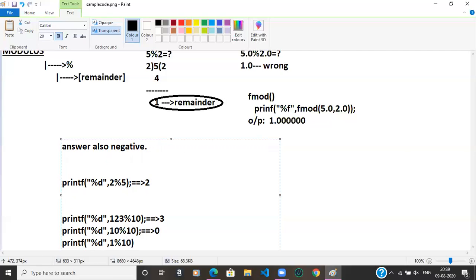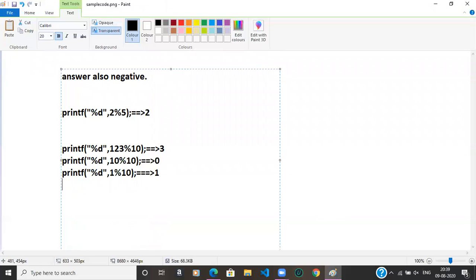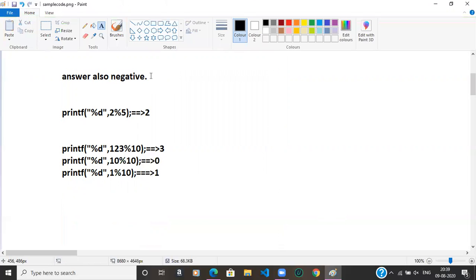What will be the answer? There is only one digit, so the result will be the same, 1. Okay, remember this point. Any number modulo 10 will give the last digit as the answer. These are the important points of modulo.